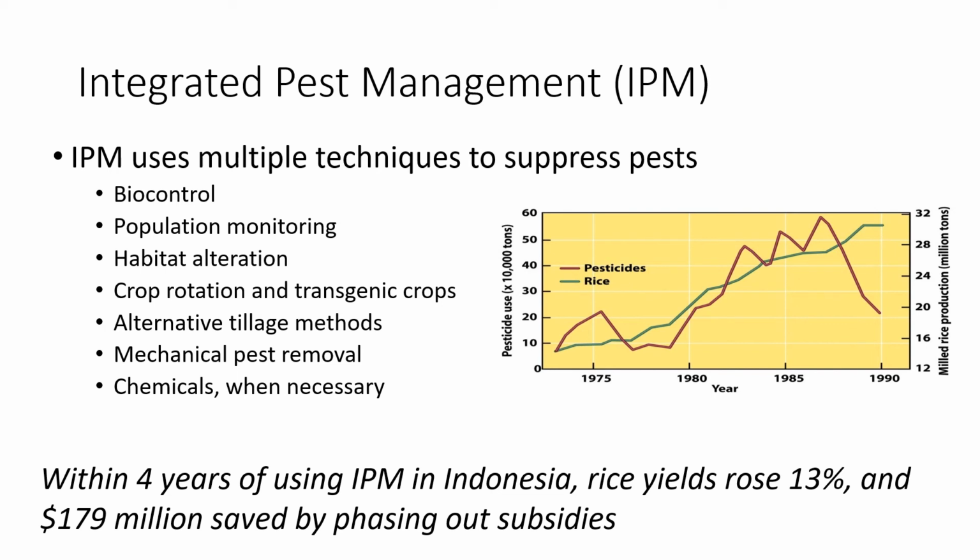But you can see in this graph that Indonesia did a pretty good job. They actually increased their yield, which is a stark difference from when you looked at the pesticide treadmill. There, you're increasing the amount of pesticide that you're using, and you still get the same yield from your crop. So it worked in Indonesia.